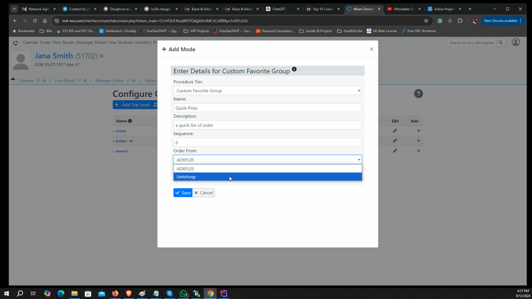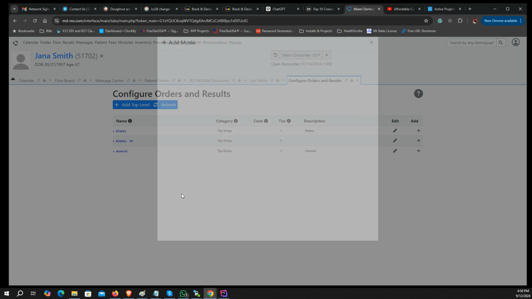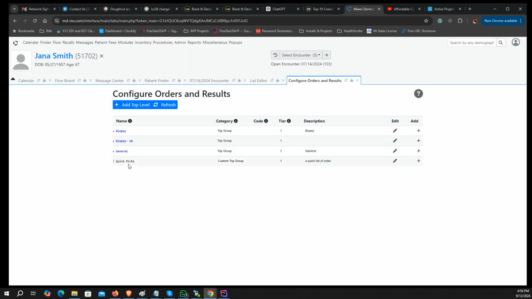So in this case, I'm just going to go ahead and pick university and identifying codes. I'm not going to put anything there right now and save that. Now I have my quick picks and